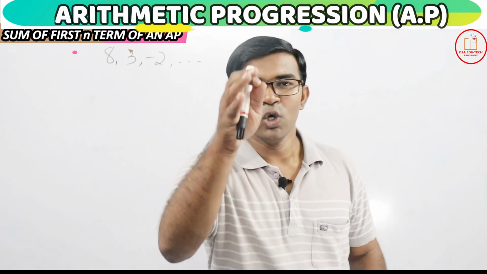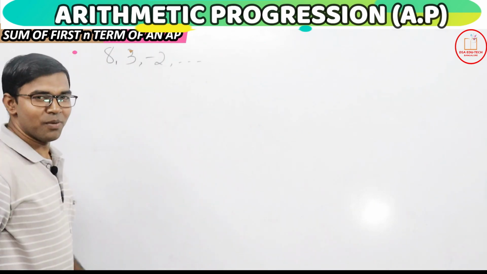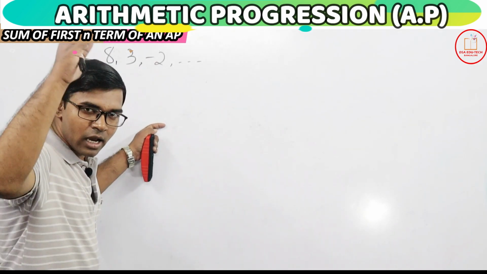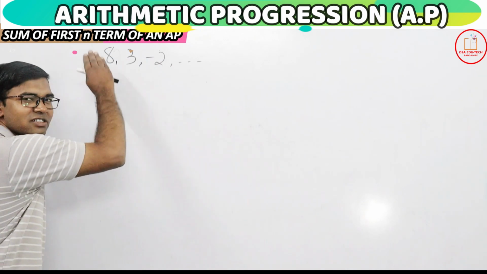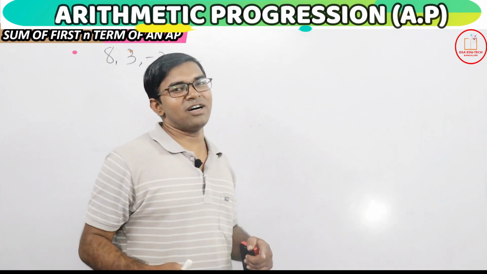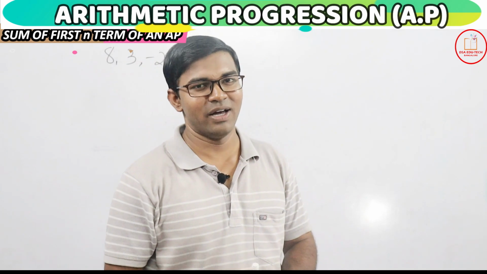So let me solve the first problem over here. When you see this problem, what do you notice? The given AP series is an infinite AP series. In which case we know the first term but we don't know the last term. So when we know the first term and we don't know the last term, I had told you a formula. Remember?